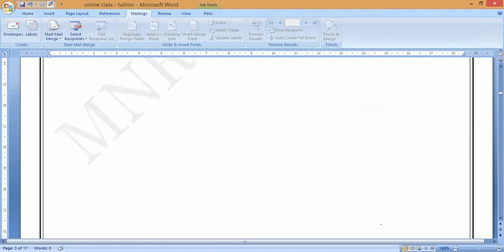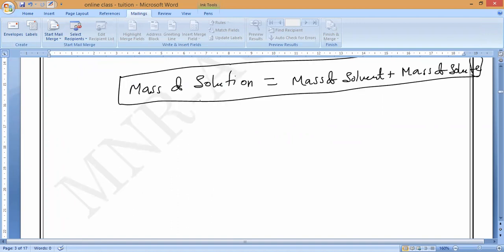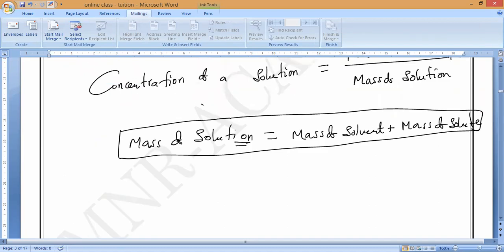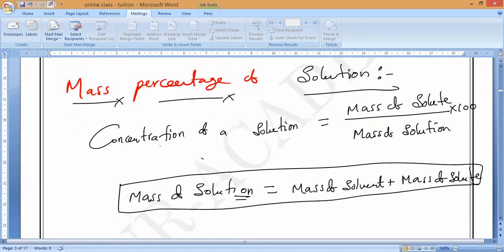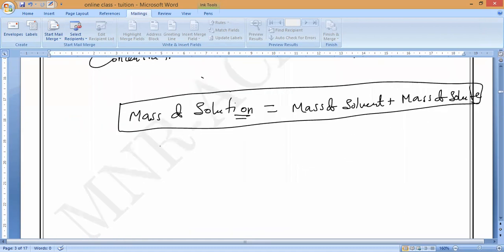Understand? So now, if you want, you can modify the formula. Instead of mass of solution, you can write this also. Then also it is correct. But like Monish fellows, they will cancel mass of solute. That is why I am saying, don't write it. Because you like mathematics, you can get it cancelled like this. But it is wrong because both are in addition here, not in multiplication. Is it yes or no, guys?